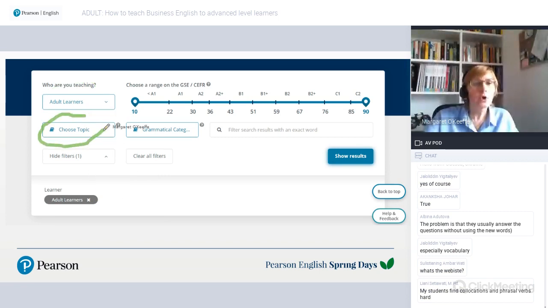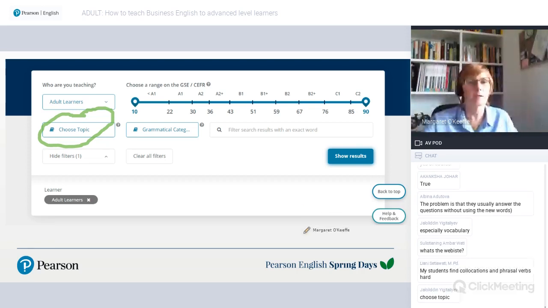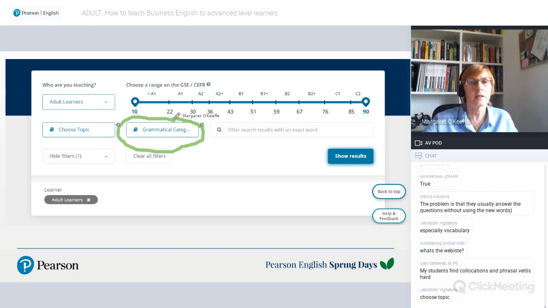You can also choose topic areas. So you might want to limit the vocabulary by particular topic areas. It could be art, could be business. Within business, there are different subcategories as well that you might want to look at. Another option that you've got here is the grammar, the part of speech. You might look at nouns, you might want to look at verbs, you might want to filter that down as